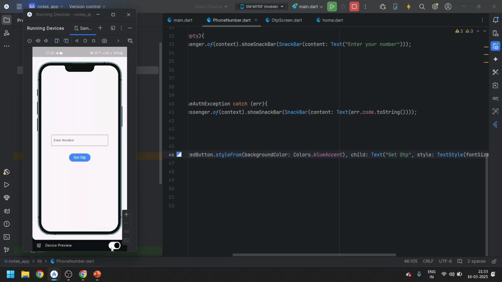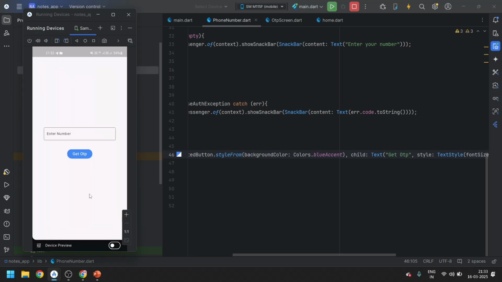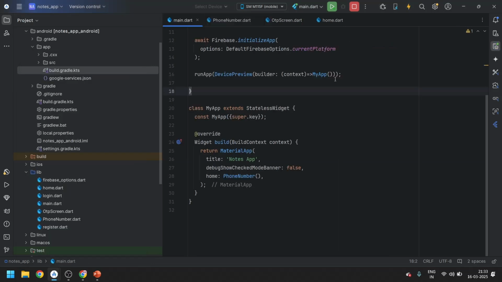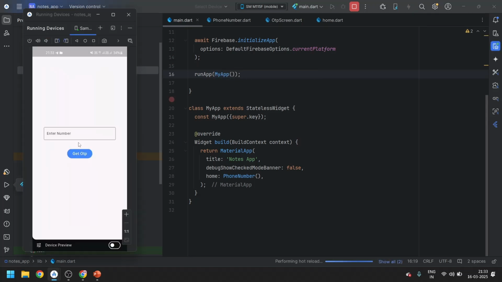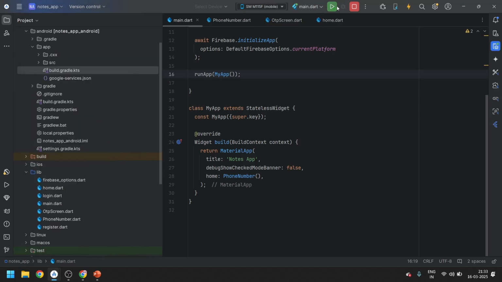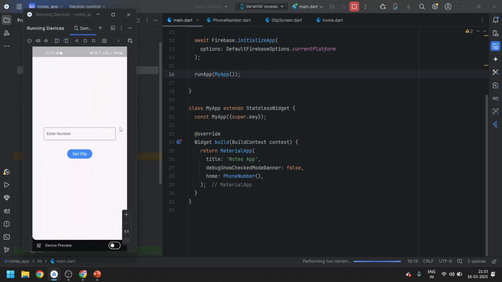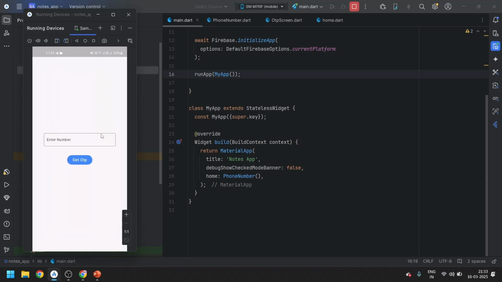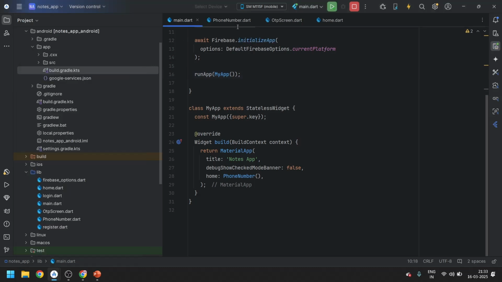So I can turn off the device preview, or I can just remove the device preview for now. Let's just remove this and save it. And now you can see it will update a little. It will take some time to reload, or I just have to restart it. So now it's done.